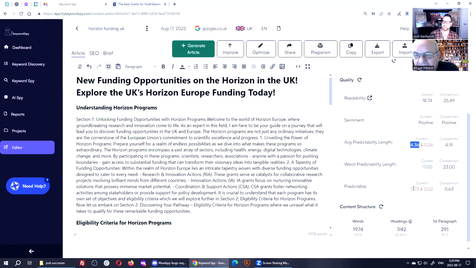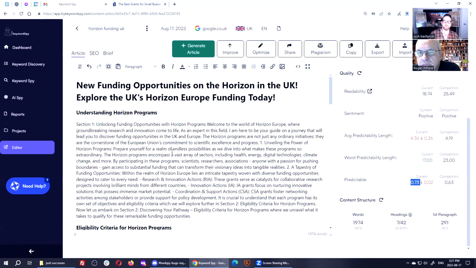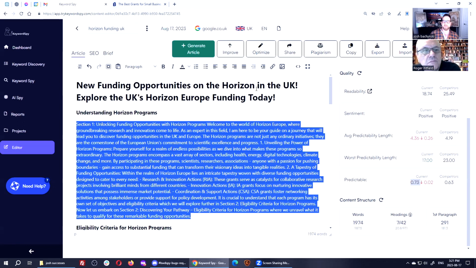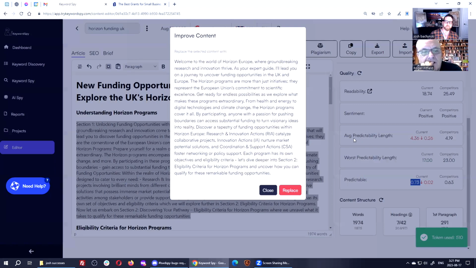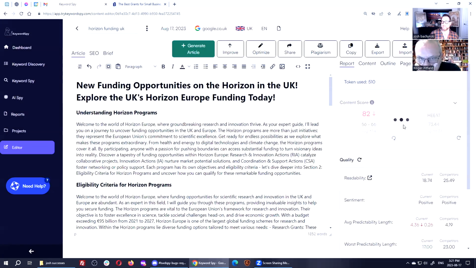4.36 is good. 0.73 is not that far off from the statistical 4.1 we need to be at. This is not that far off from the 0.7 we need to be at. We're at 1,900 words, right? And I have 1 paragraph left. I could even improve that. Replace it, close, rerun the content score,